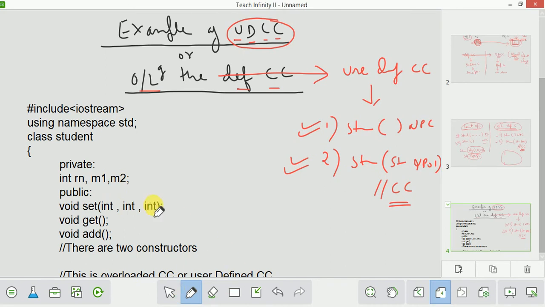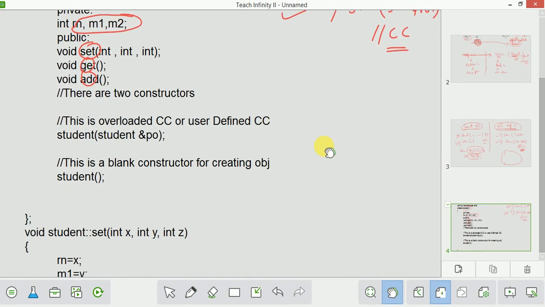Let us see how. We will create a student class. There will be these three variables. There will be set function, get, and add. Next there will be two constructors. Now I have told you we are overloading the copy constructor, so we need to create two constructors. This is our copy constructor. How do I know this is a copy constructor?